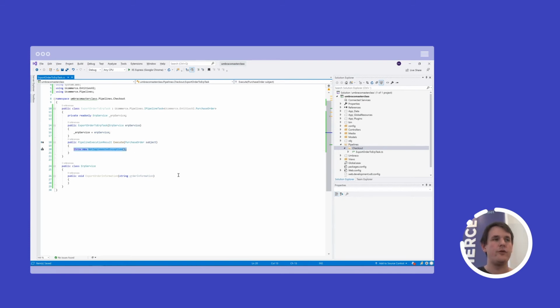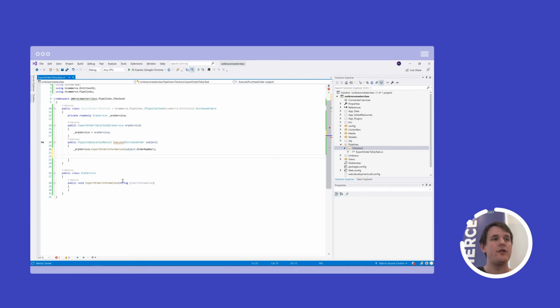So what I want to do here is call subject EAP service dot export order information, and our order information in this case is just our order number, and that's it. I don't want to do anything else. Now I need to return a pipeline execution result.